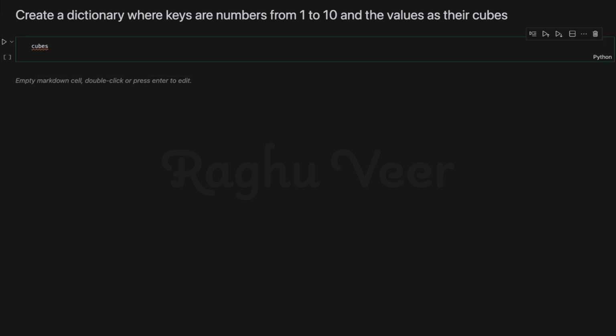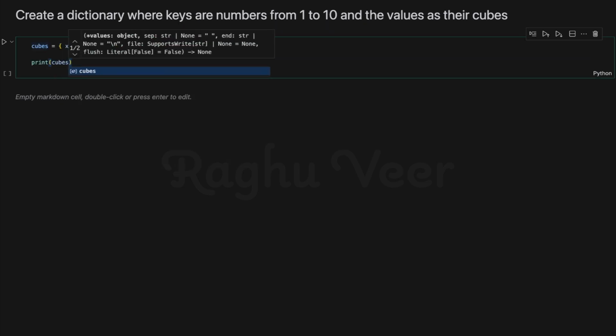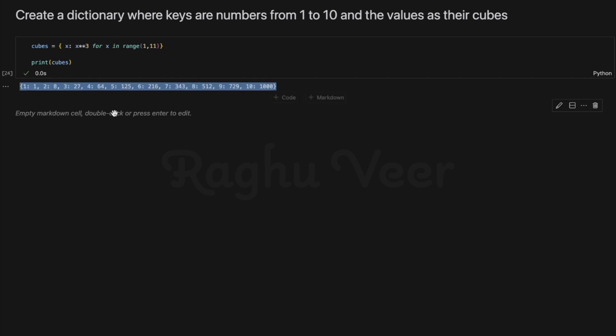So we'll write the name of the dictionary, cubes, open the curly brackets, x colon x power 3, this is the cube, for x in range 1 to 11, print cubes. We got all the cubes of numbers from 1 to 10